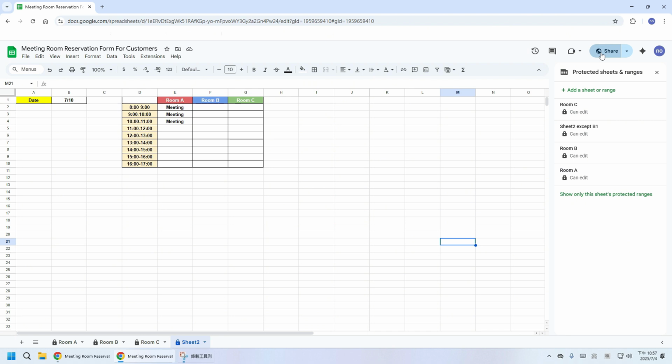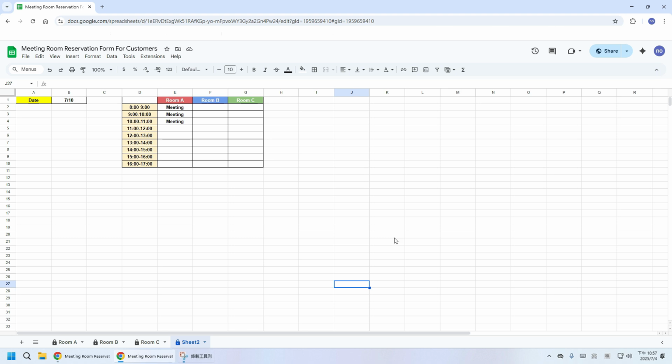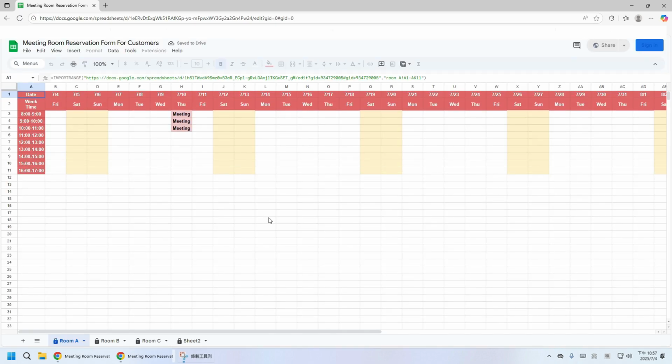Let's get the link to this worksheet by clicking the Share button first. Then click Copy Link. And paste the links into other browsers. You can try entering content to see if the protection is working properly.